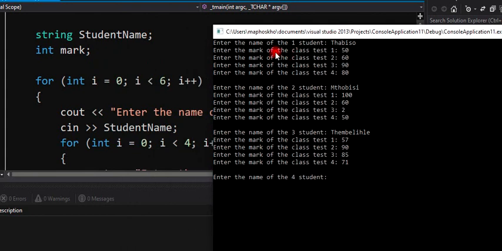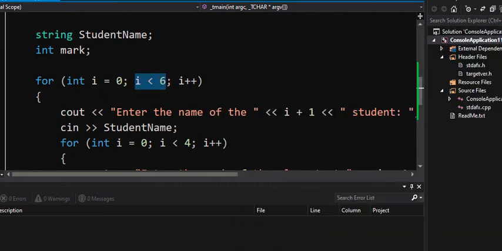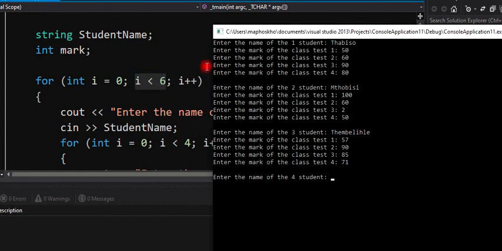So this will iterate 6 times, because it starts from 0. So it's going to say 0, 1, 2, 3, 4, 5. It iterates 6 times, guys, not 5 times. So if you want to reduce the number of iterations, let's